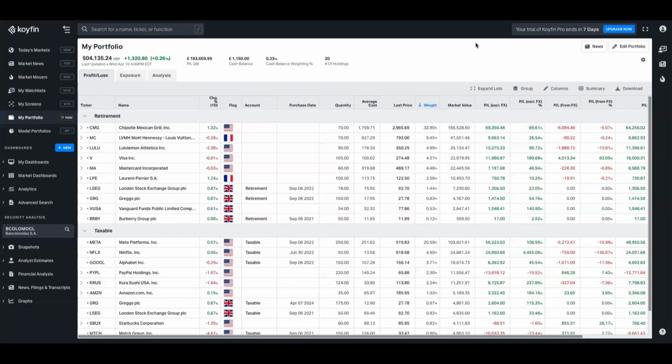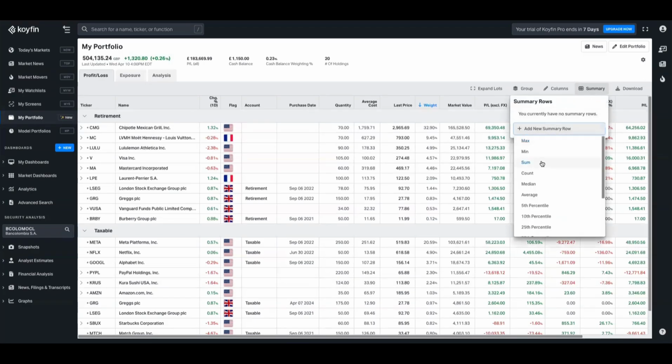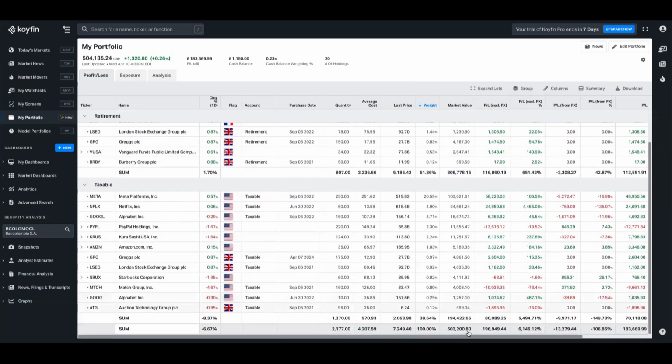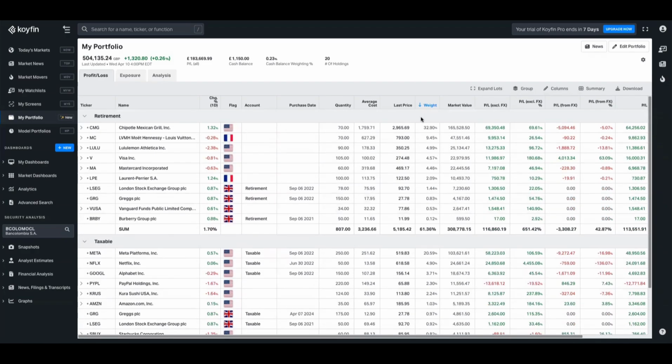If you want to add even more context to this as well, you can use the summary rows, which will allow you to add ranges, percentiles. Here I'm just going to add sum so that I can break down the sum of the market value of each account. I can see £308,000 in the retirement and 194,000 in the taxable. A little tip here with summary rows, if there's ever a summary row that you don't feel is valuable, like the sum of quantity, for example, isn't super useful,